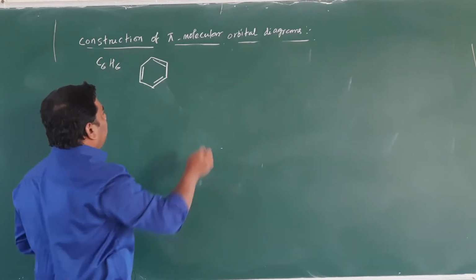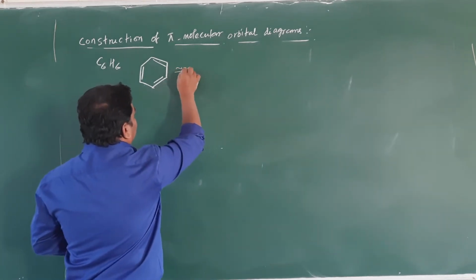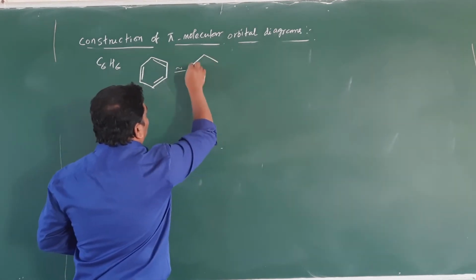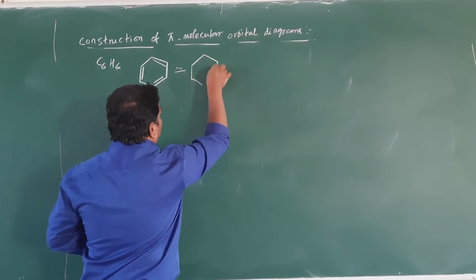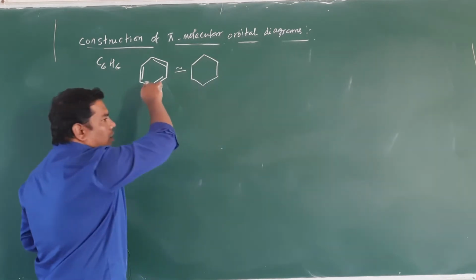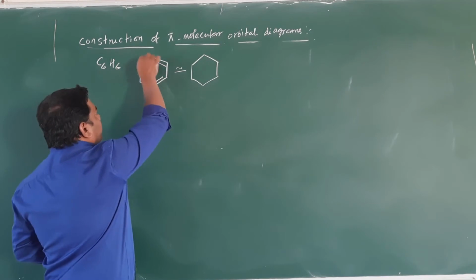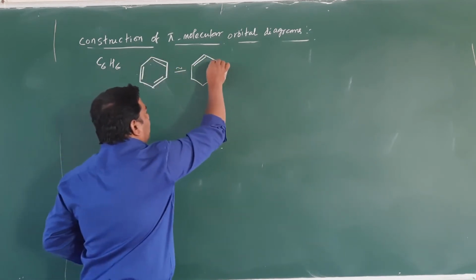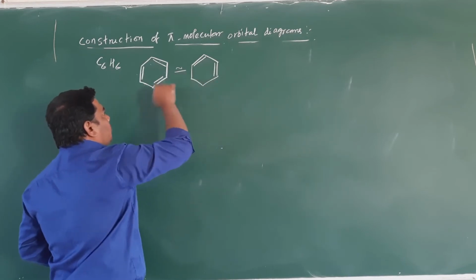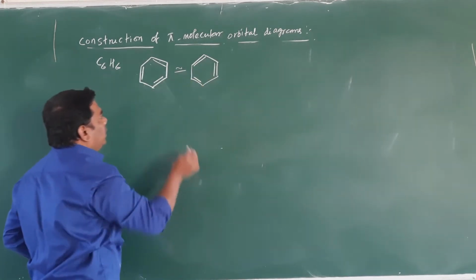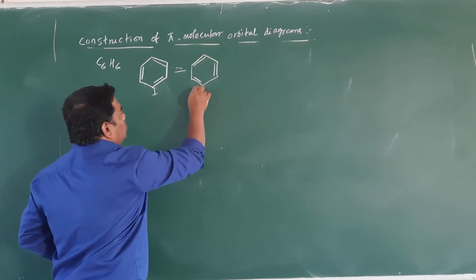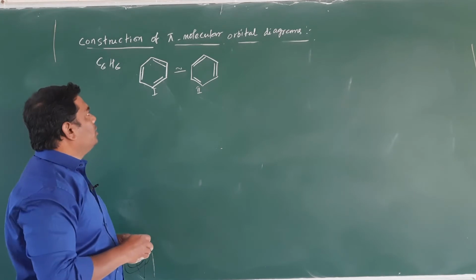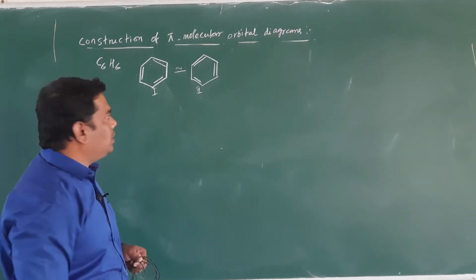Okay, I will write another resonance structure of this Kekule 1. So this is the Kekule 2 structure, students. What it represents is that the pi bonds are not rigid. If the pi bond is migrated to here, we will get this one. This pi bond is migrated to here, so we will get this one. So this is 1 and 2. These two structures are resonance to each other. Clear, students? So this is a C6H6 molecule.